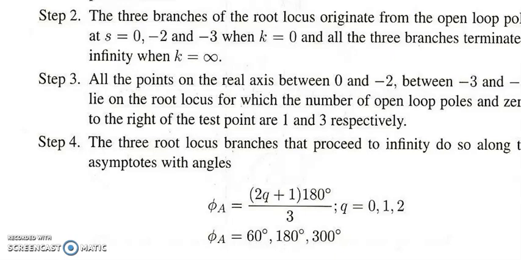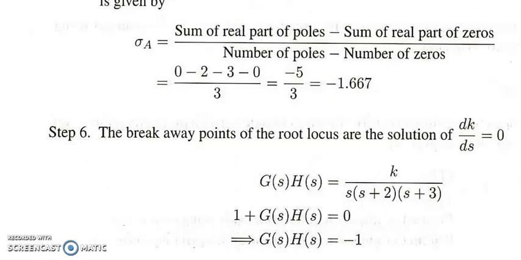Here n minus m is 3, so q is 0, 1 and 2. If you put q equal to 0, 1 and 2 in the above equation, you get phi a equal to 60 degrees, 180 degrees and 300 degrees respectively. The centroid, the point of intersection of the asymptotes with the real axis, is given by sigma a is equal